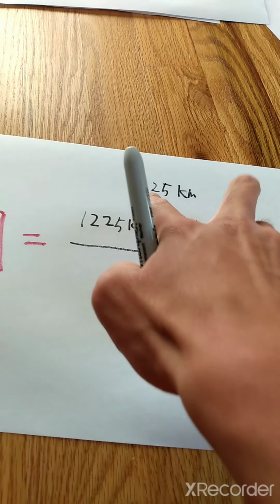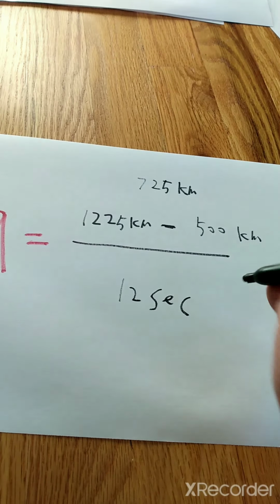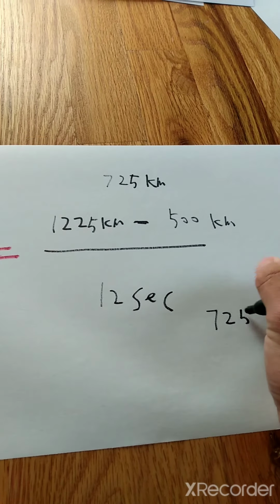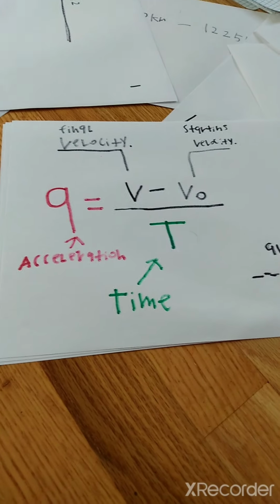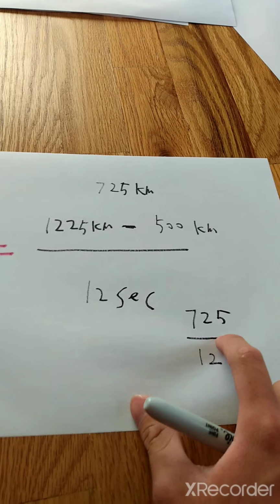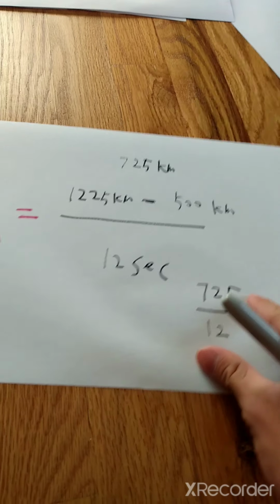Since we found the difference, our last step is to take 725 and divide it by 12, as in seconds, as the t, as in time. When we do 725 divided by 12, we're going to get